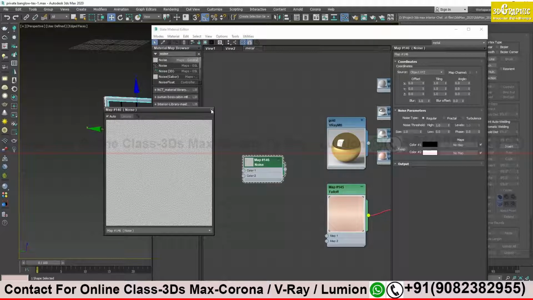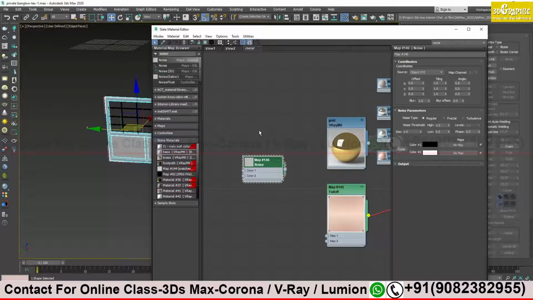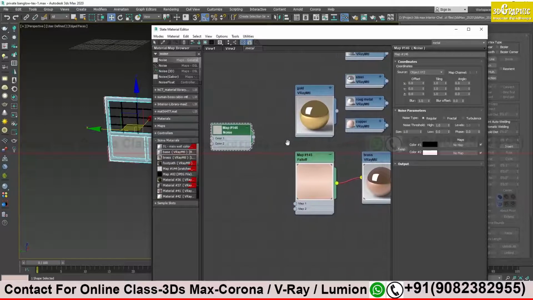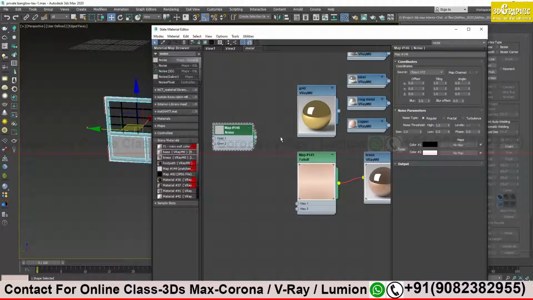Good. Is there any question you have regarding metal? Any specific thing that you are doing and facing some problem? No, now this is clear, sir. I will try this because I use the SS material more for the exteriors. Now with the falloff, I'll try to do it with the SS material.